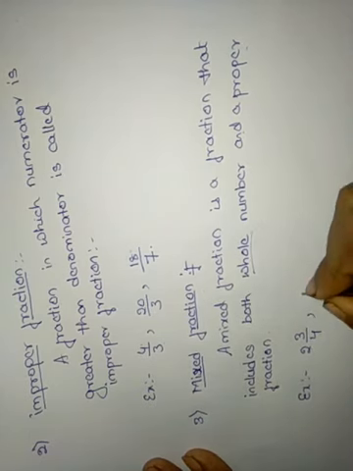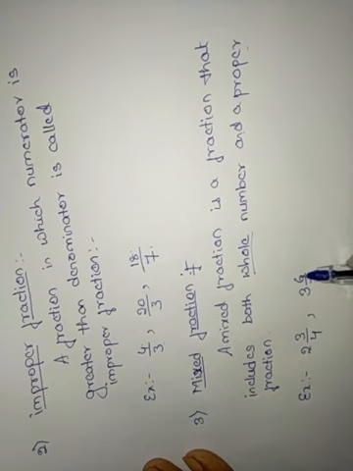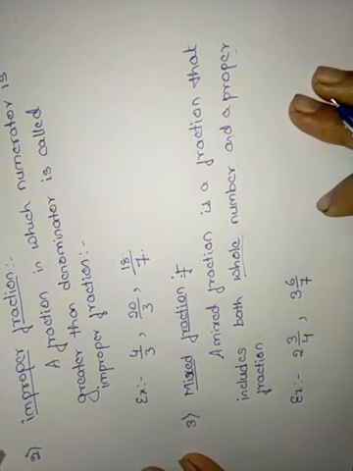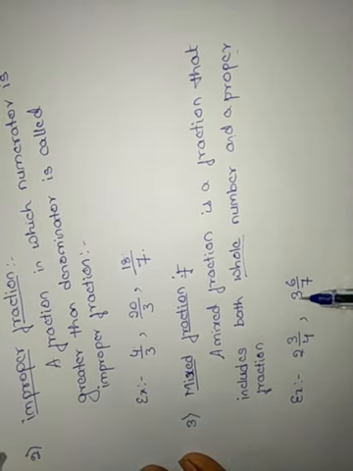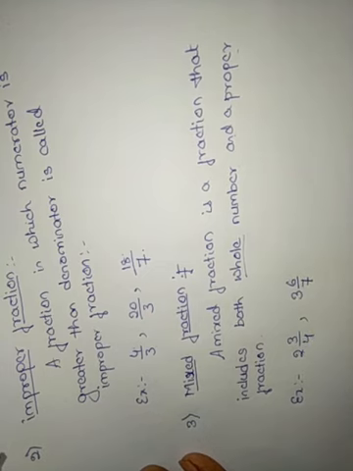One more example, 3 integer 6 by 7. Even 3 is a whole number and 6 by 7 is a proper fraction, yes or no? This is called what? A mixed fraction. You can read these numbers as 3 integer 6 by 7 and 2 integer 3 by 4. Now